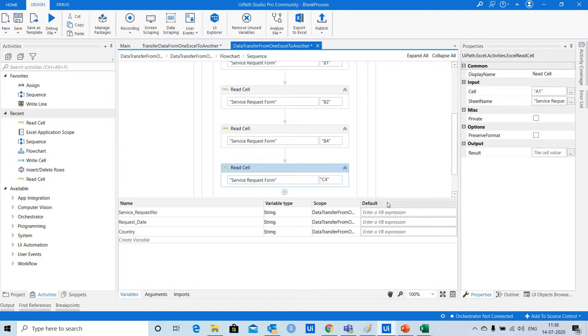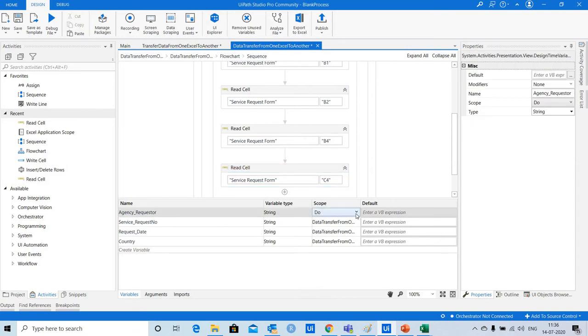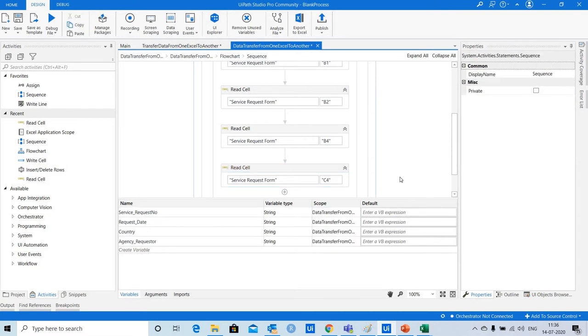We'll enter the cell name as C4 here and then define the output as agency requester and then change the scope to main sequence.